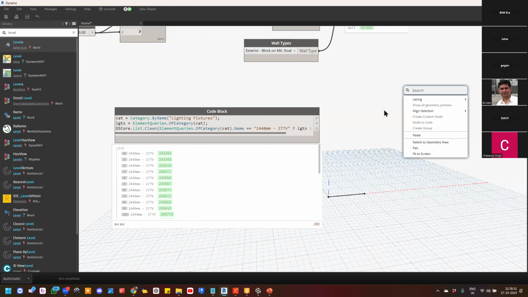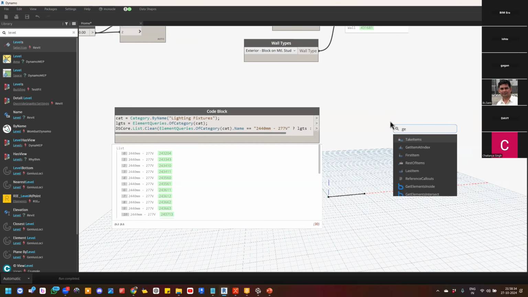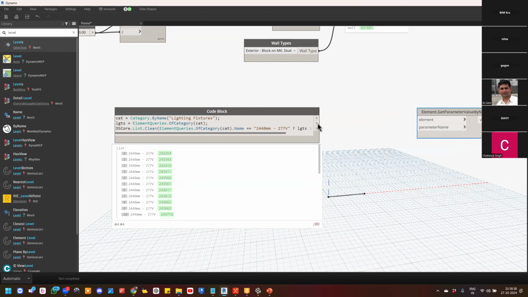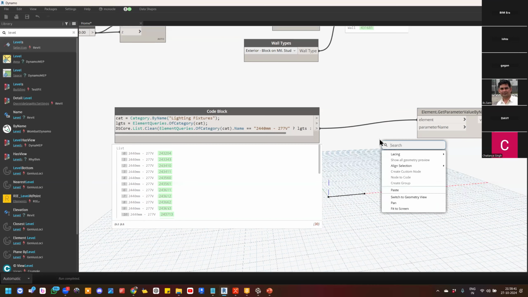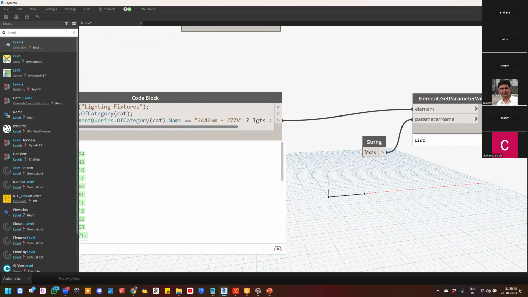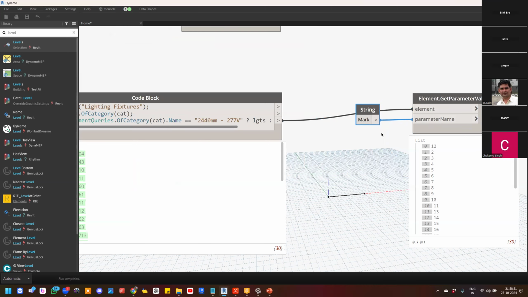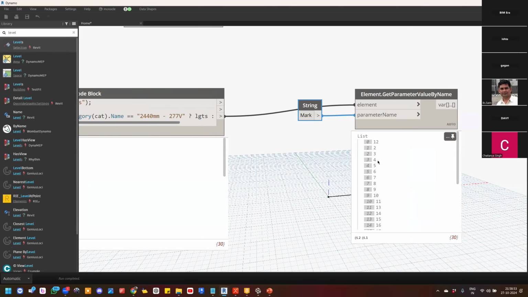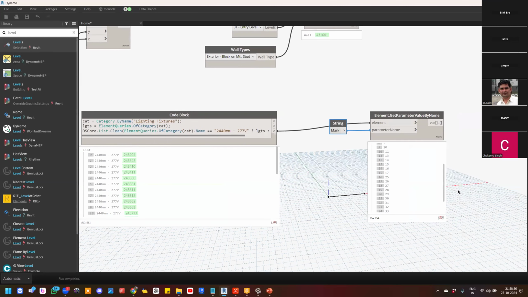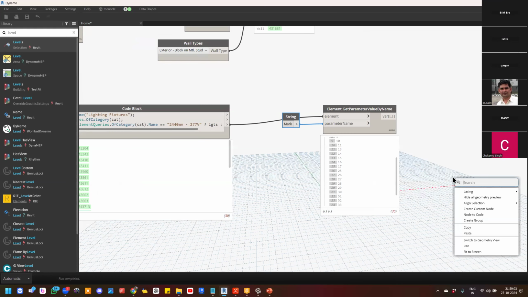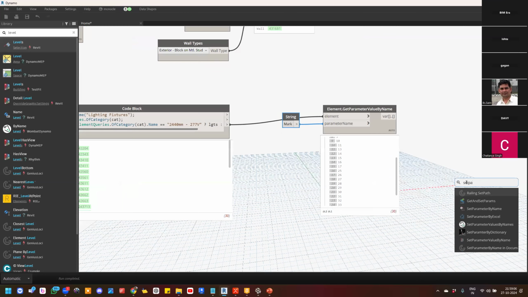So I use Get Parameter. Let me check for this. I would like to check the mark value of this. Now they're not in order, if you notice. It's like 12, 2, 3, something like that. But my intention is very clear. Since it's like 2440, I just want to create something with Set Parameter by Name,